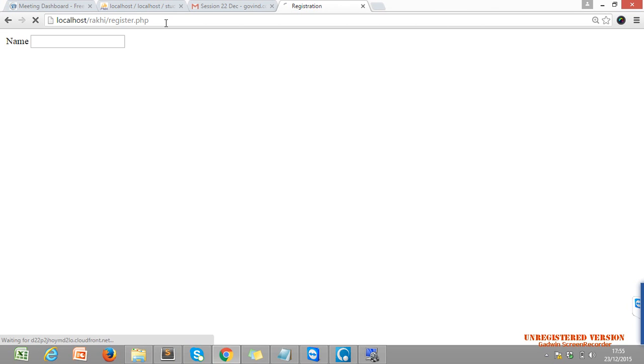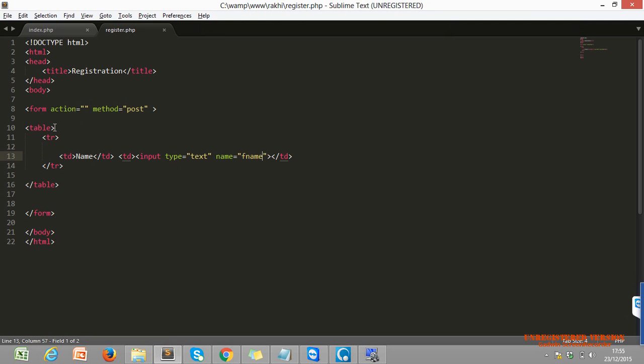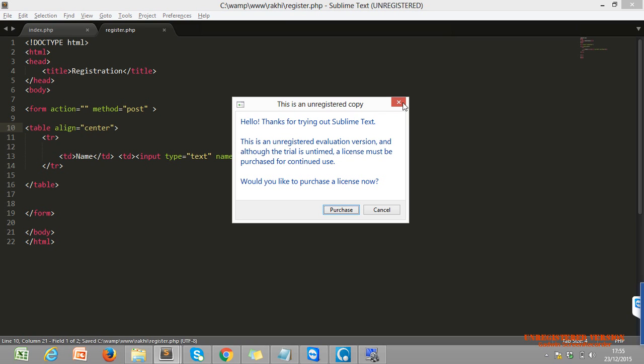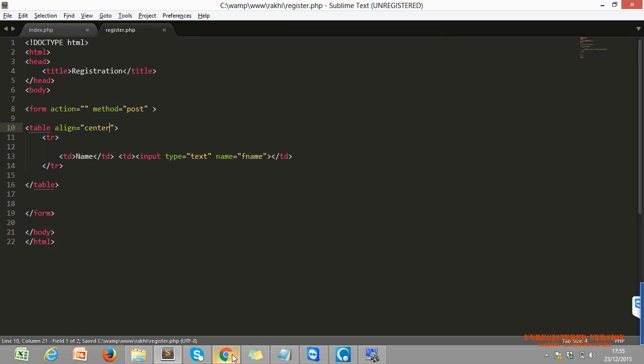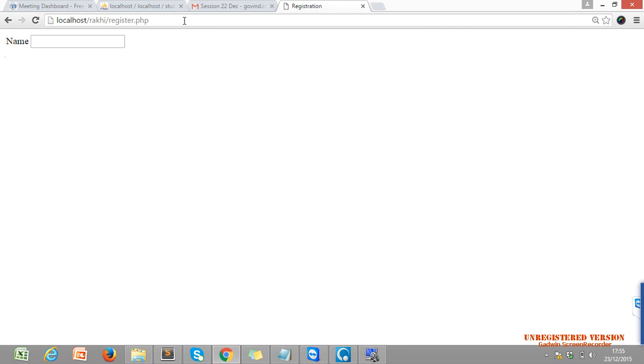We can set some properties of the table, like align. Let me code, I'll explain this code. Center. Now it's aligned center horizontally, meaning from left and right, our table is in the center.